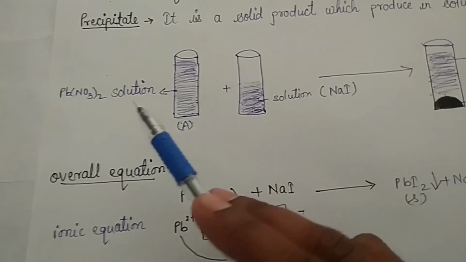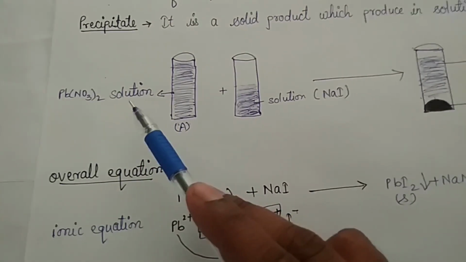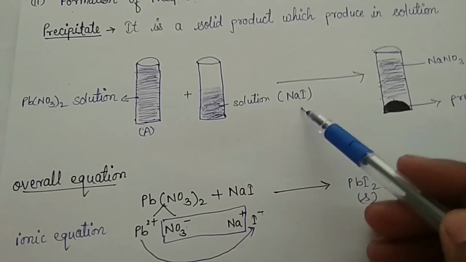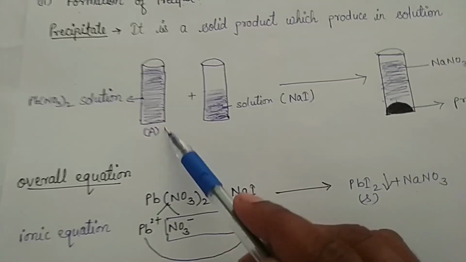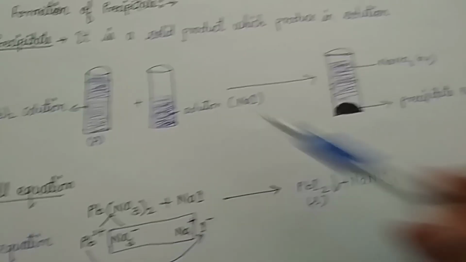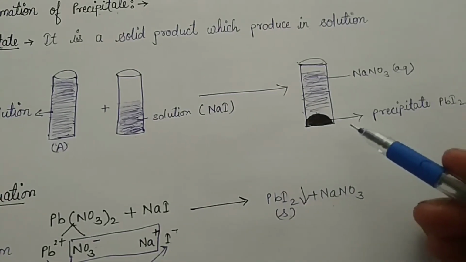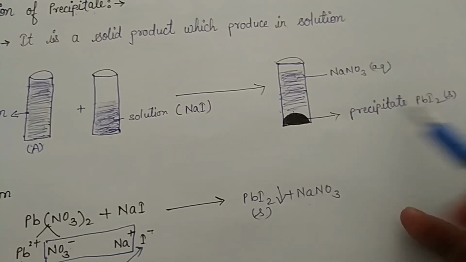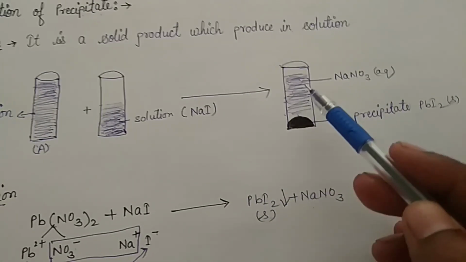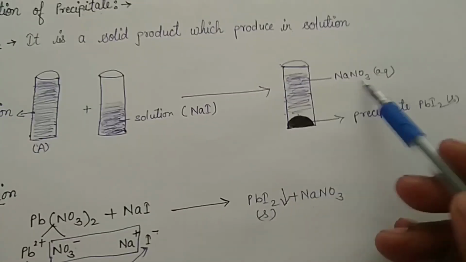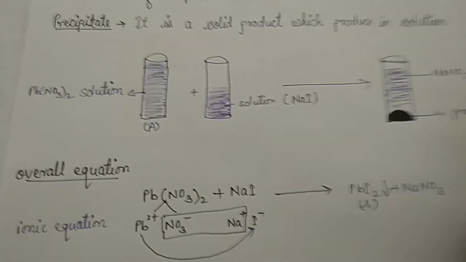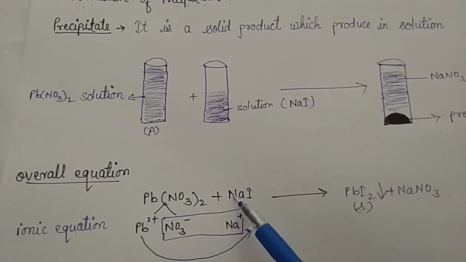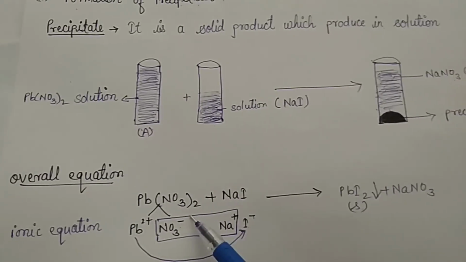See, we will take two beakers. In the first beaker we will take lead nitrate aqueous solution, and in the second, sodium iodide solution, and mix these beakers with each other. After a while we find that a precipitate of lead iodide is deposited at the bottom of the beaker in the aqueous solution of sodium nitrate. Clear, children? Overall reaction we can write: lead nitrate plus sodium iodide, because after combining this we found